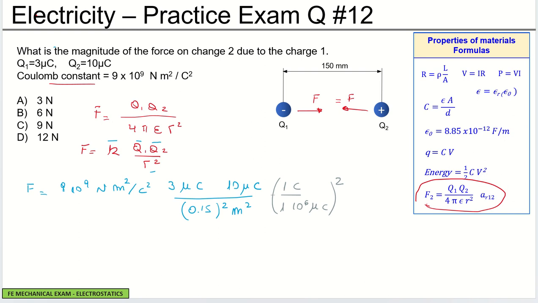Then we are going to see what we can do with the units. The square meters cancel with the square meters. Then we have microcoulombs and microcoulombs here, so they are going to cancel. And then the coulomb is going to cancel here. So the final answer is going to